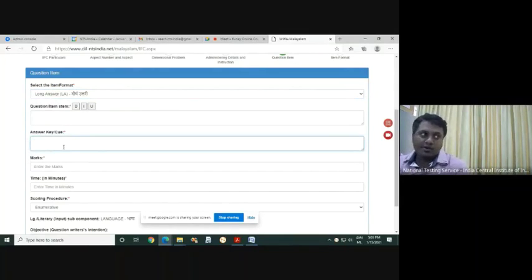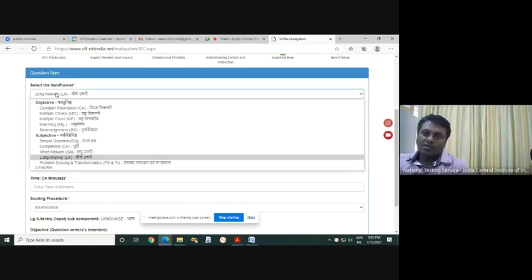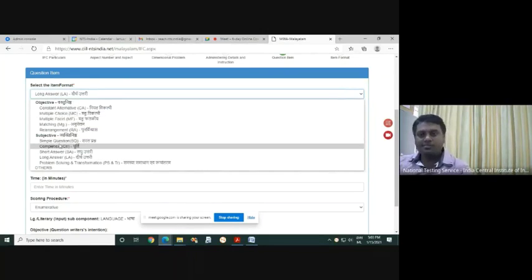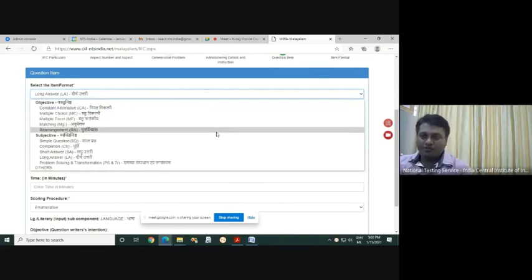For example, 10 to 15 lines you cannot type here, so whichever points or words you feel are important, only that you write. So objective type 25 questions, subjective type 25 questions. This is how the count goes to 50.